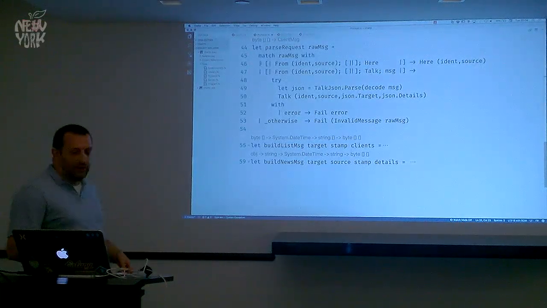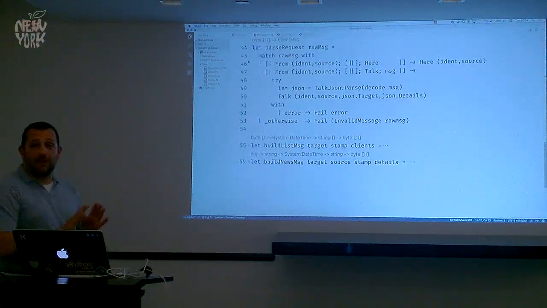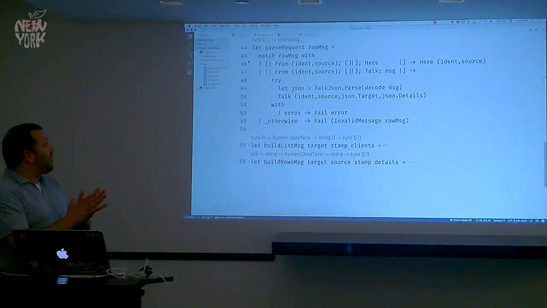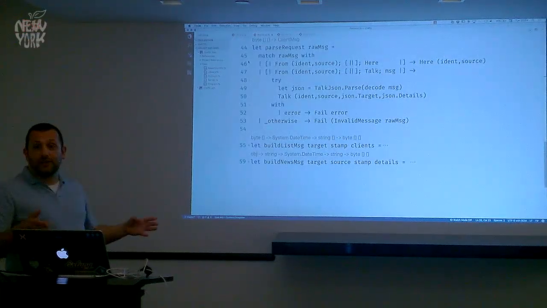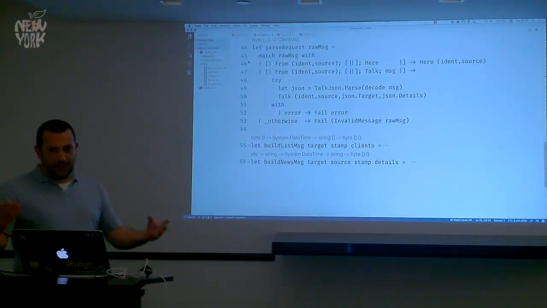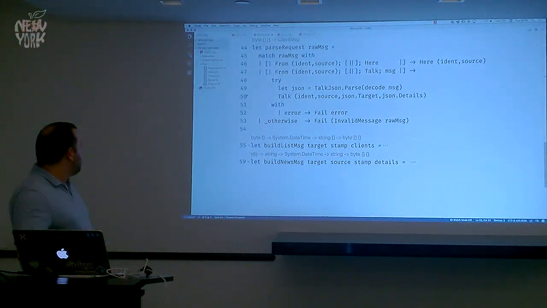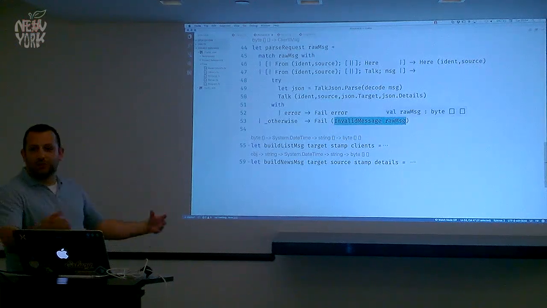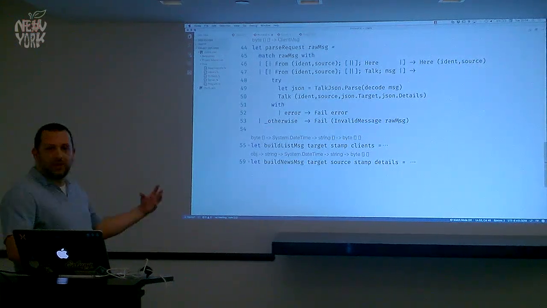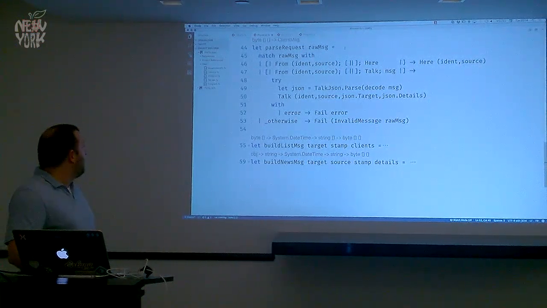I haven't thought about that one. We don't need it here because we know our messages have a fixed length. Our messages are either 3 frames or they're 4 frames. If they're anything else, they're an invalid message and we don't care about them. So working backwards, if they're an invalid message, we create an instance of the fail case with a new invalid message exception, and we just put the original raw message in the exception in case we want it for diagnostic purposes.